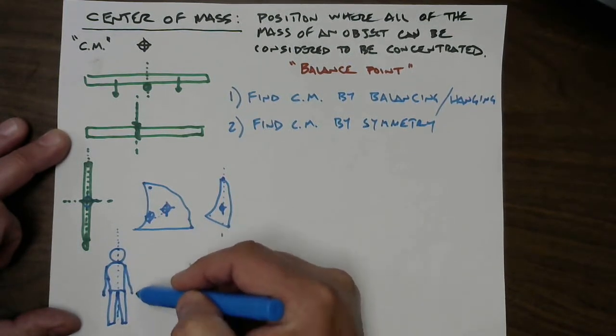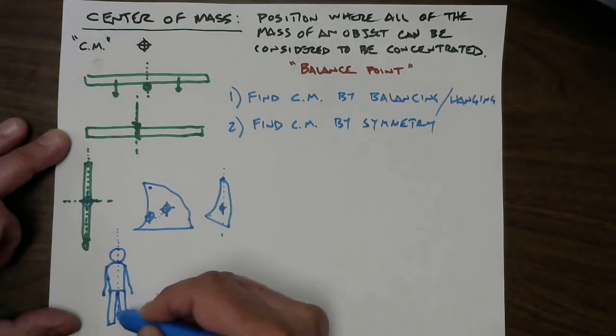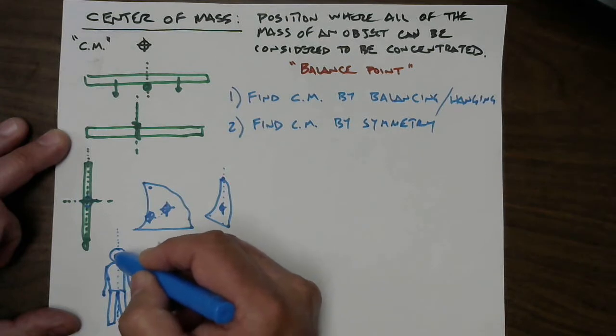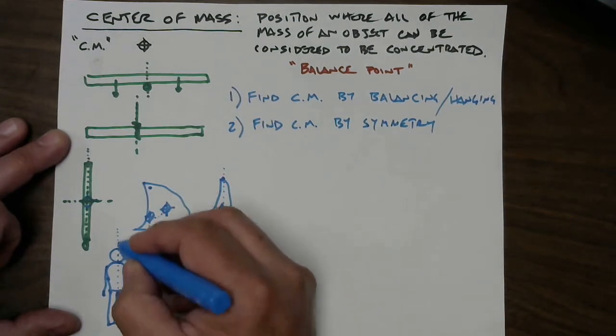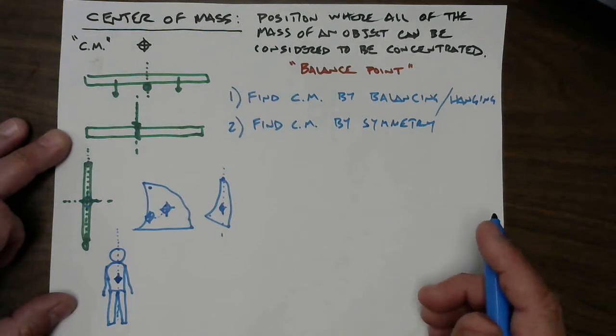Now, there is no symmetry in the up and down direction. Our legs are significantly smaller and less volume than a torso, and a head is actually surprisingly heavy for its size. So it turns out that if you do the math and work this out, the center of mass for a human being is somewhere in your torso, just above your belly button, I think is where it turns